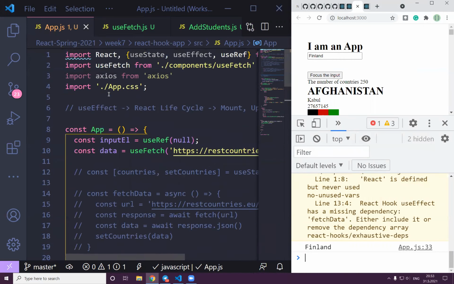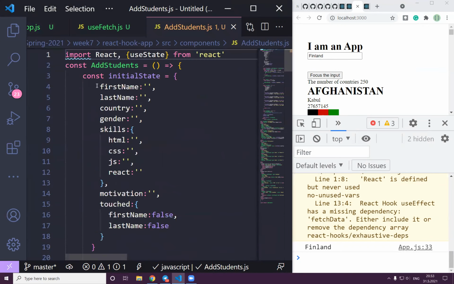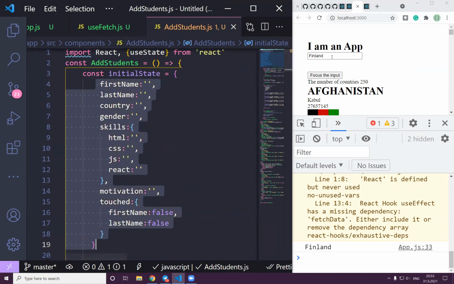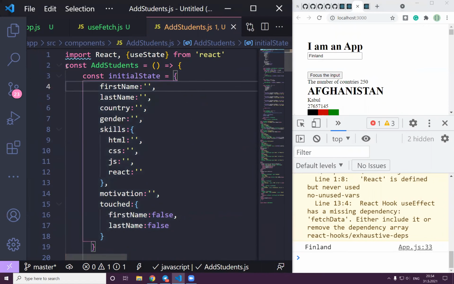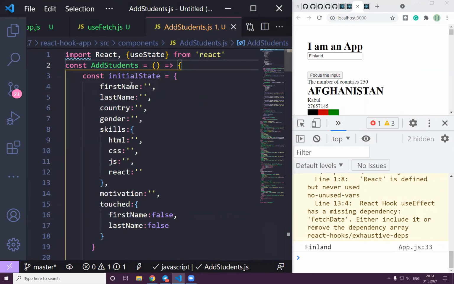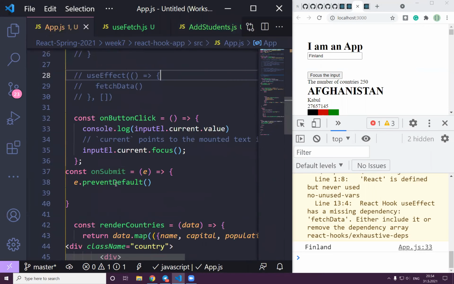The previous ways, this one, we call it controlled input. And this one, we call it uncontrolled input. It's hard to validate, but for some reason, sometimes we may need uncontrolled input too. That's why we use ref. But the controlled input is the kind of input you use most of the time. So it's straightforward. Now, for instance, what do you do if you want to have another